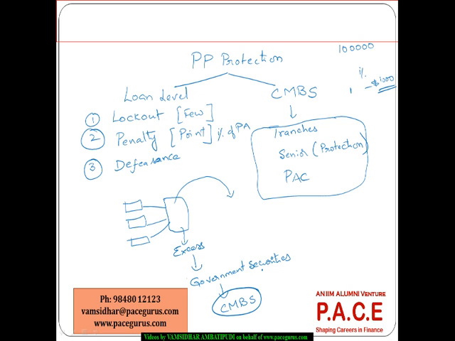So whenever the maturity of these happens, the maturities are also decided in such a way that the CMBS investors need to be paid accordingly. And because the government securities are less risky, the credit rating for the overall process is going to increase the worthiness of the CMBS investment. So that is the defeasance process that is coming in. That's one more way you can do the protection